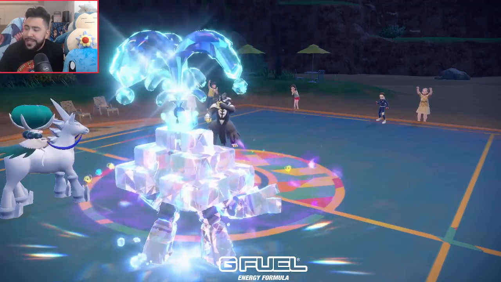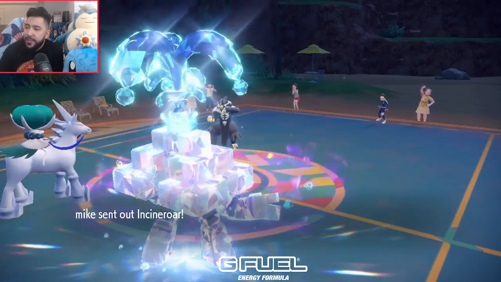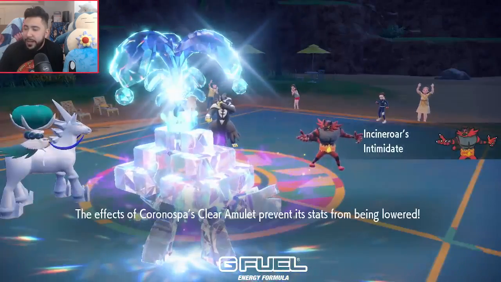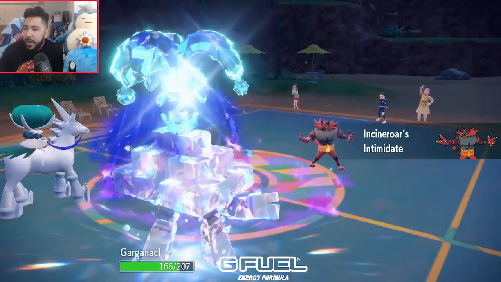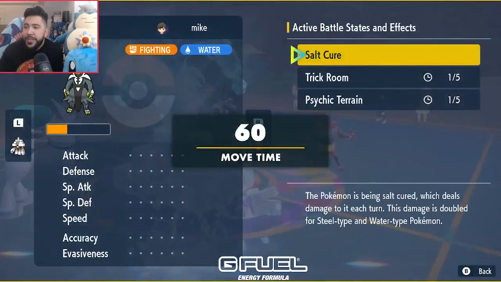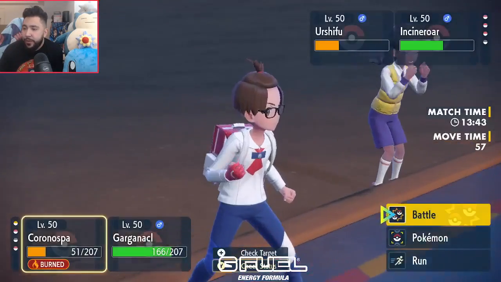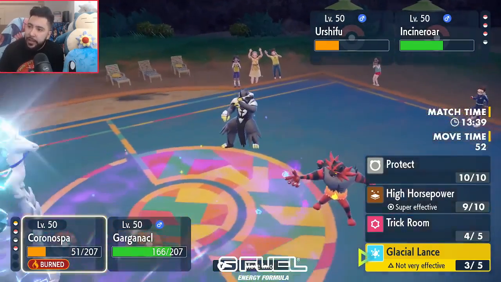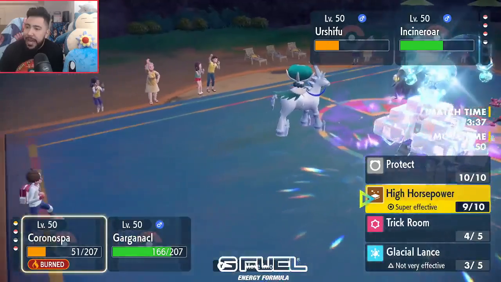Who do you bring in? Incin? Or do you reveal your last? So they bring in Incineroar. Does get off an Intimidate into my Garganacl, which may or may not matter. I mean, I'm mostly Salt Curing anyway, right? So, this is the last turn of Trick Room. And he can't fake out either, you know? So, like, I think I'm kind of...